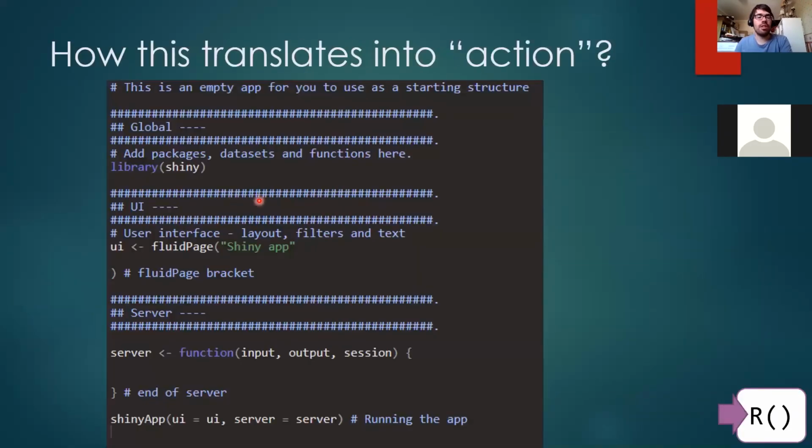Jaime is going to go on and give us a little bit of how this translates into action, but I'll pause there because that is quite a few things to cover. There might be some questions about how all that works together. Some of it might be answered, of course, in